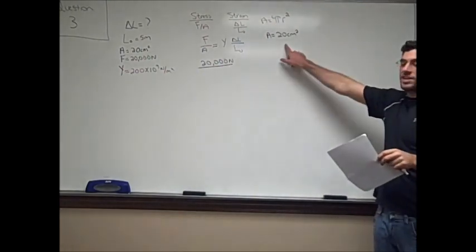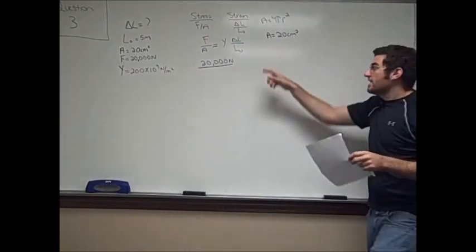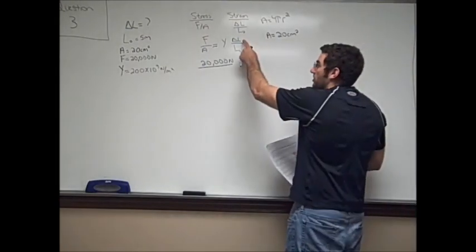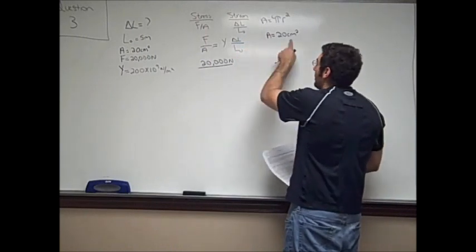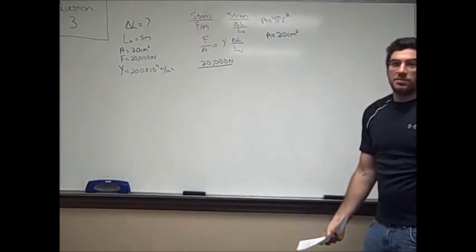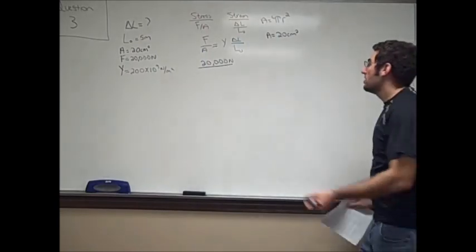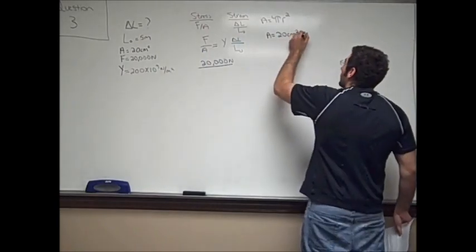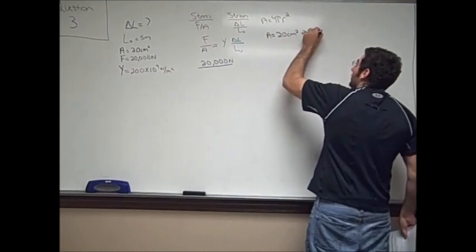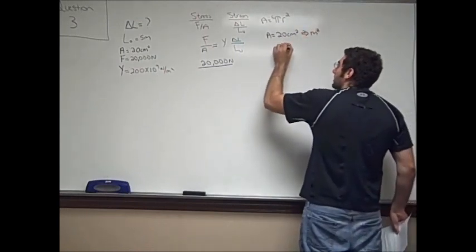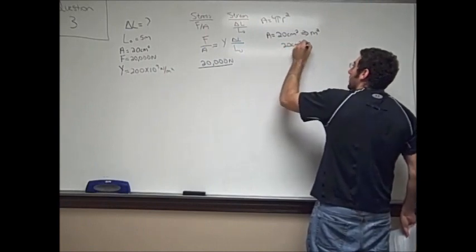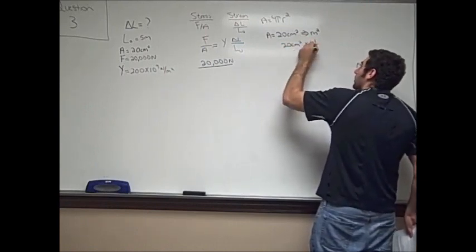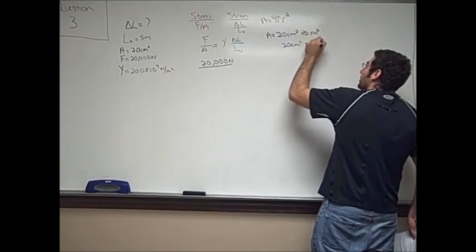Here, Dr. Sullivan was nice enough to give you the area, except he gives you the original length in meters, which is 5 meters, and this is in centimeters squared, so they have to both be in the same units. So we have to convert to meters squared. To convert 20 centimeters squared to meters squared, we do 20 centimeters squared times 1 over 100